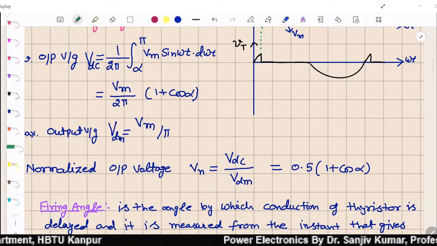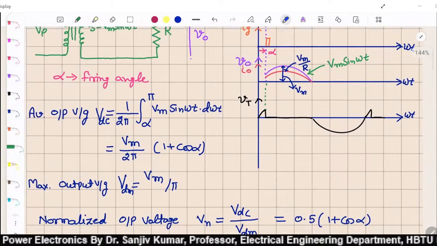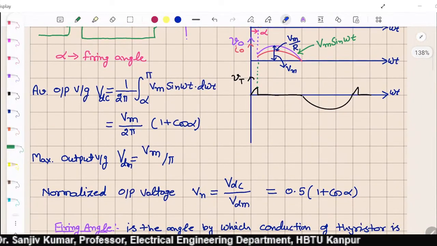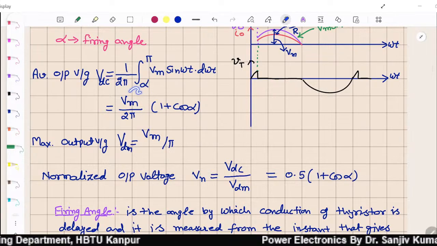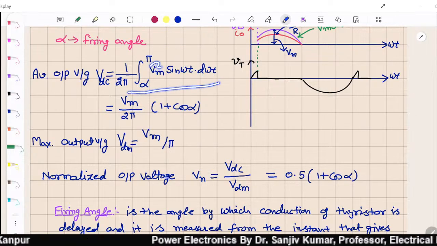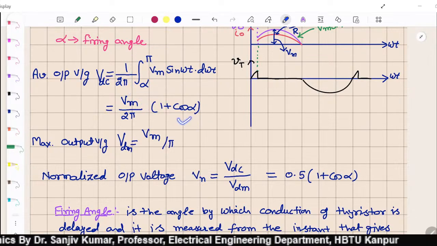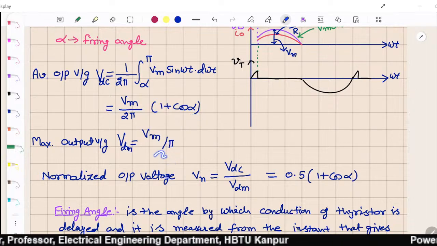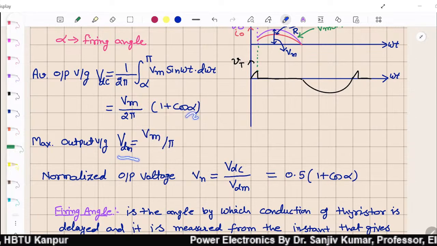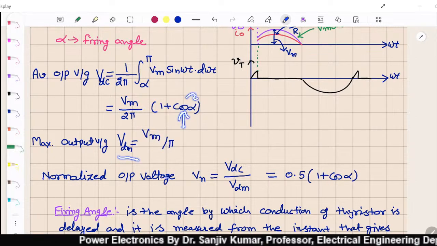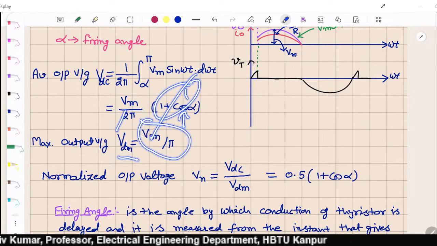It comes out to be Vm upon 2 pi (1 plus cos of alpha). Average output voltage comes out to be Vm sin ओमेगा टी को इंटीग्रेट कर दिया अल्फा से पाई तक, it comes out to be Vm upon 2 pi (1 plus cos of alpha). नाउ मैक्सिमम आउटपुट वोल्टेज क्या हो जाएगा? It is denoted as Vdm and given by, cos अल्फा की अधिक से अधिक वैल्यू क्या हो सकती है? 1. So 1 plus 1 is 2, 2 and 2 get cancelled out, it comes out to be Vm upon